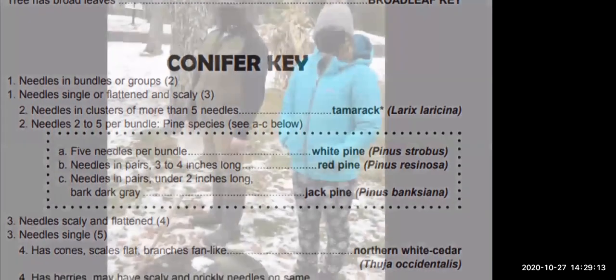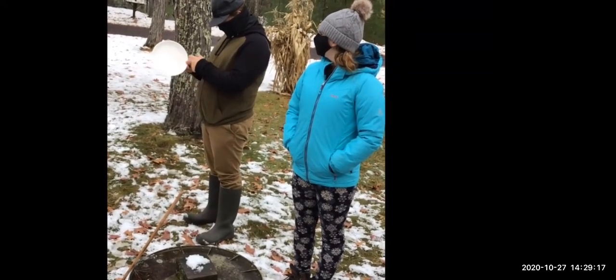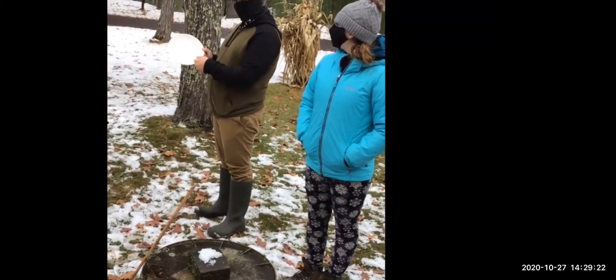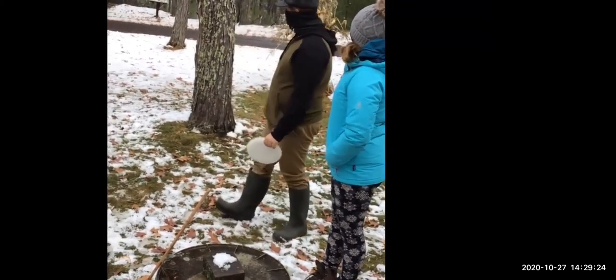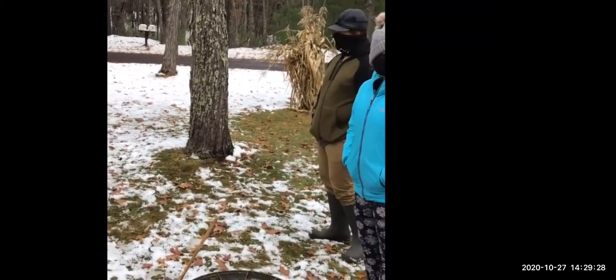Now, if you think back to math class, you'll remember that diameter is the distance across a circle, while circumference is the distance around the edge of a circle. Looking at this tree, you can see that wrapping a measuring tape around the tree is going to give us its circumference, not its diameter. Luckily, there are easy ways to calculate diameter from circumference.